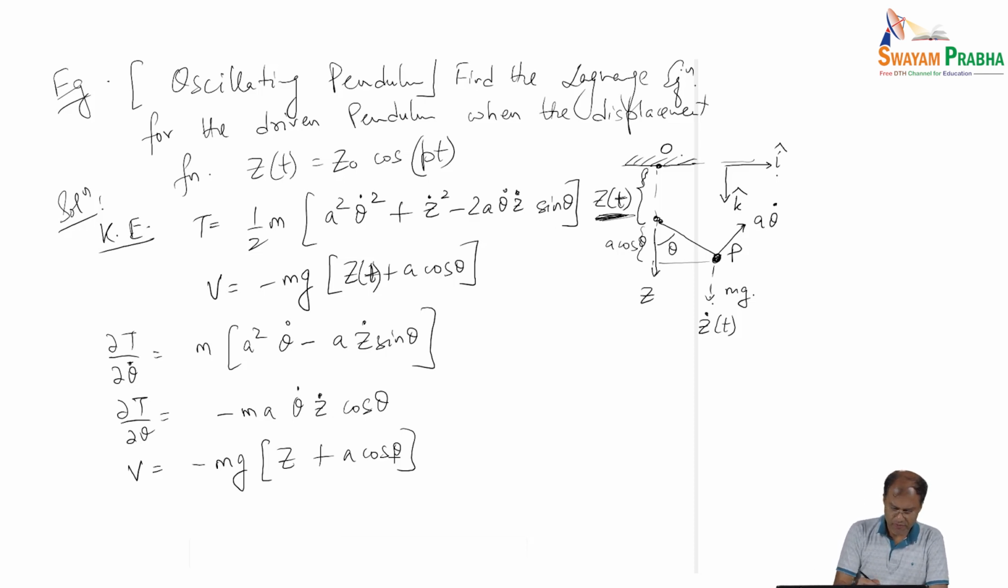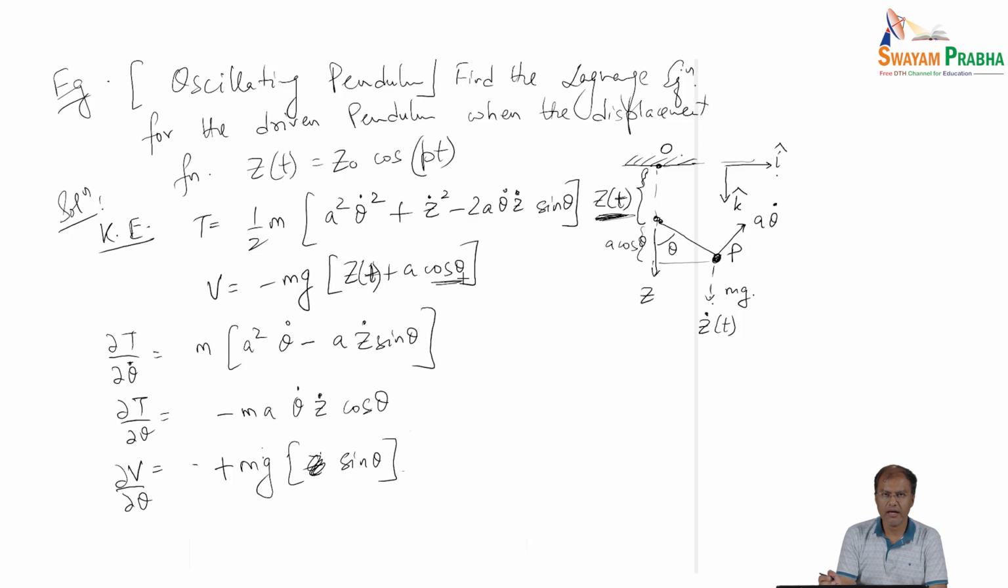And well, we can again evaluate. V I have already written, I don't need to write V again, but I need to write the derivative of V with respect to theta. Z is not there, so with respect to theta, this is mg a sine theta with a plus sign. So theta is only appearing in the second term of the potential. Okay, so then